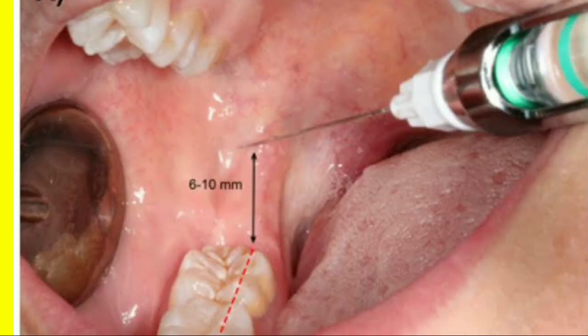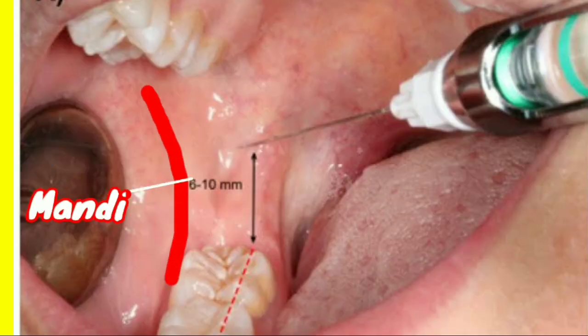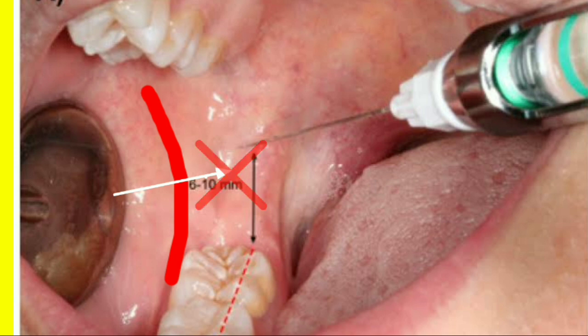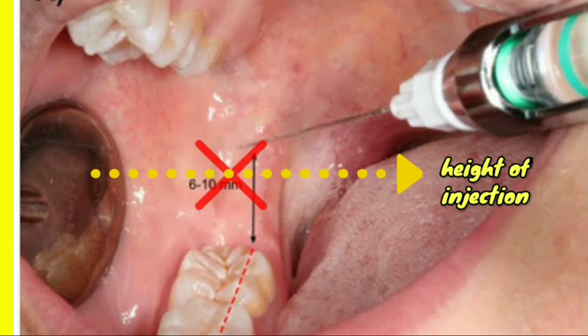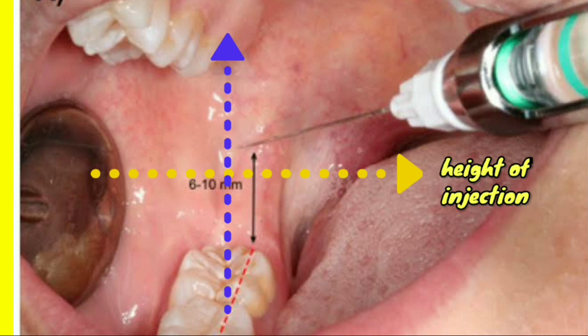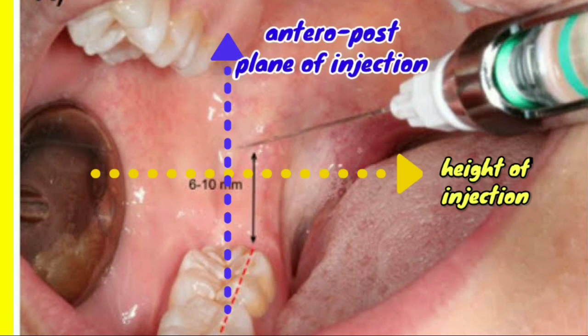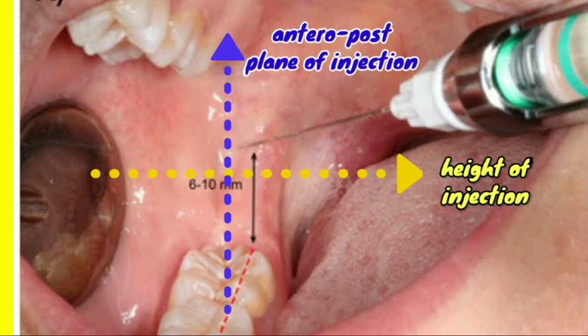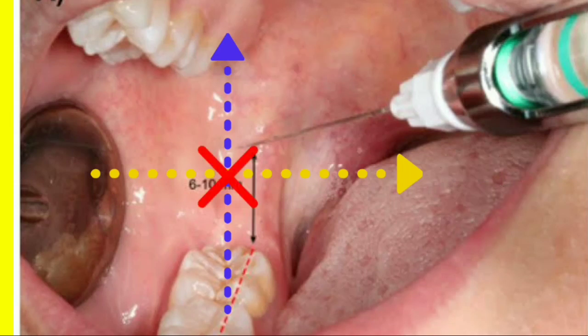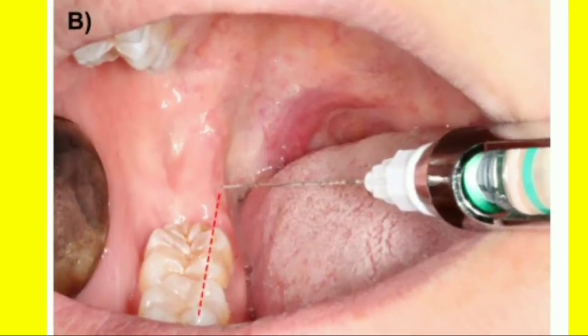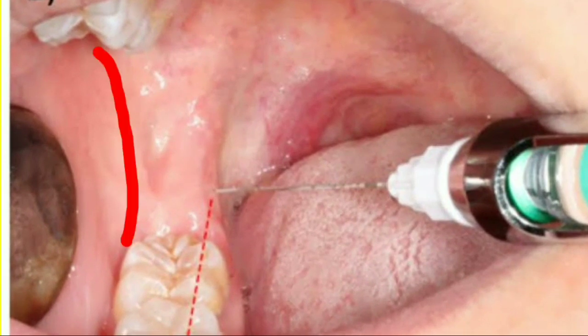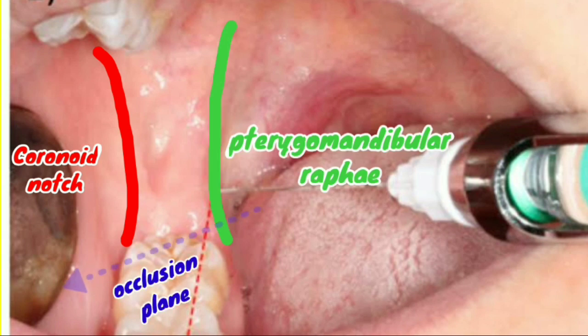The area of insertion is basically the mucous membrane on the medial side of the mandibular ramus at the intersection point of two lines. The horizontal line extends from the coronoid notch to the deepest part in the pterygomandibular raphe, determining the height of injection. The vertical line extends 3/4 from the anterior border of the ramus of the mandible, determining the anterior-posterior plane of insertion. The meeting point of the two lines is the site of insertion of the needle. The anatomical landmarks are the coronoid notch, the greatest concavity on the anterior border of the ramus of the mandible, the pterygomandibular raphe, and the occlusion plane.